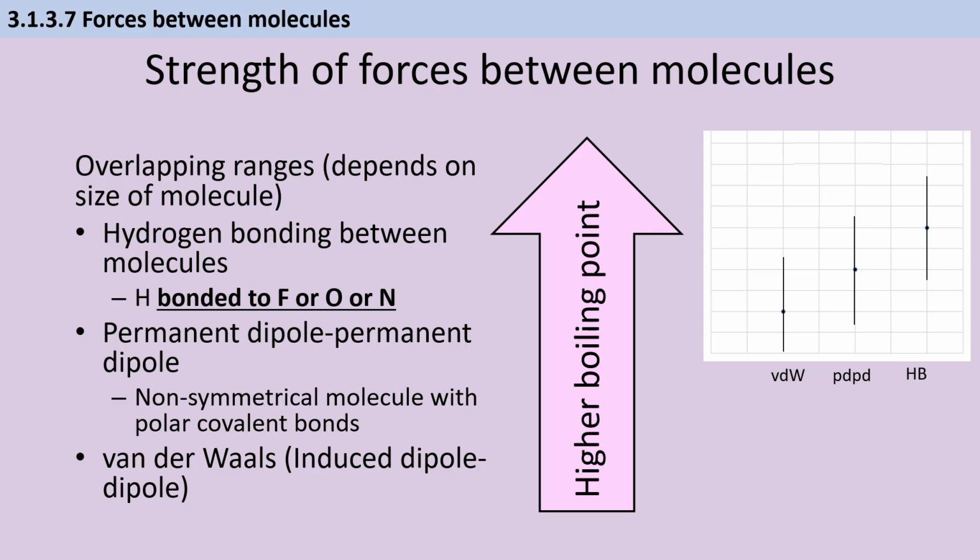The larger a molecule is, the more electrons it has, and the more likely it is that just by random chance there's an unequal distribution leading to a temporary dipole on one molecule, and this then induces a dipole on an adjacent molecule, and the attraction between the positive end of one molecule and the negative end of the other leads to the van der Waals force. The larger a molecule is, the more likely it is that this arises, and the stronger van der Waals forces